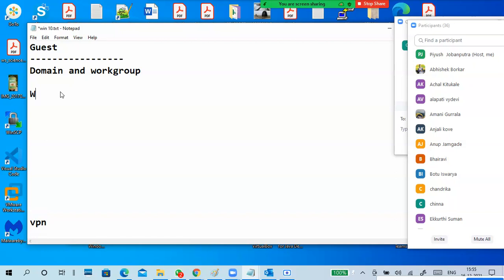First of all, workgroup. I think I already forwarded a video for you, but we'll see the workgroup. What is a workgroup? I have a laptop, right? Desktops, laptops, individual pieces, and there is no centralized administrator or centralized server. No centralized server, no centralized administrator.